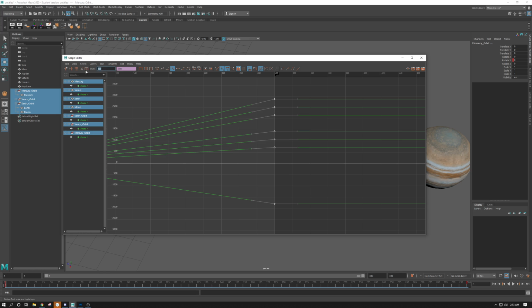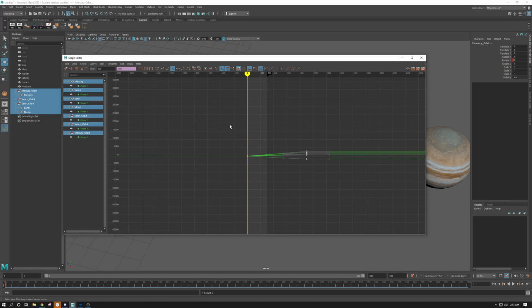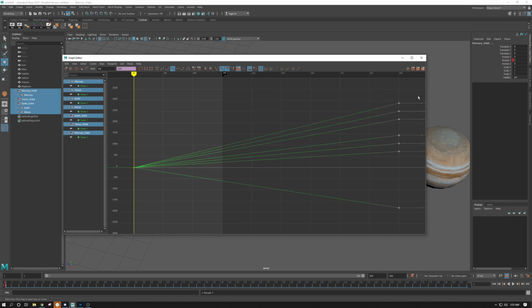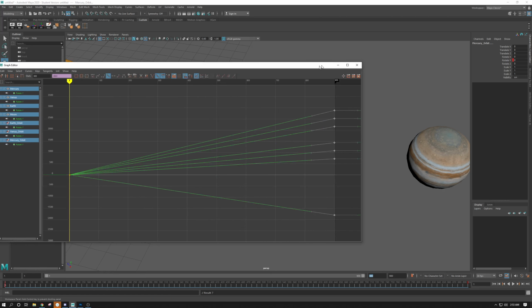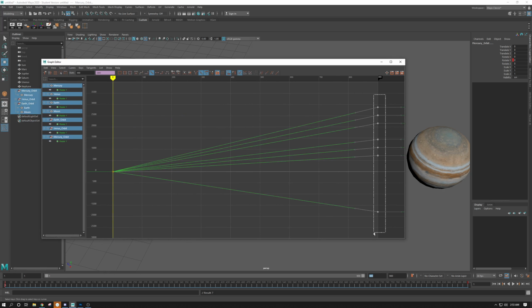So if I change this to be 900, which is, again, 30 seconds, so it's 900 divided by 30, that'll extend the time. Now again, if I hit the F key, it frames everything. So now, make sure you change down here as well, this animation is now 30 seconds long instead of 10 seconds long. Because it was so simplistic, all we had to do is select these last keyframes, change the stat value,